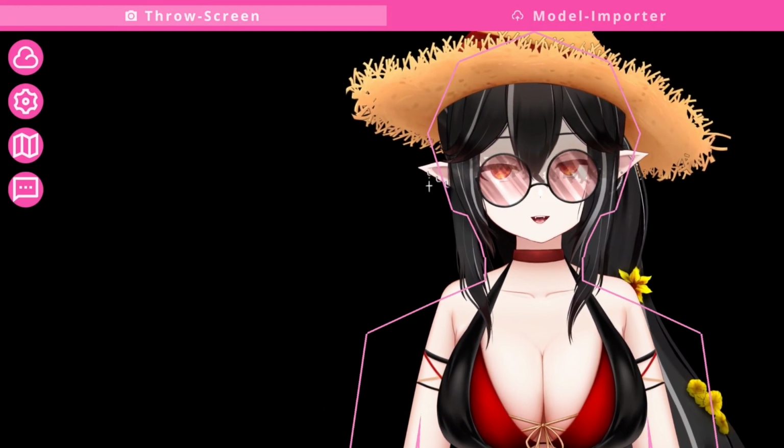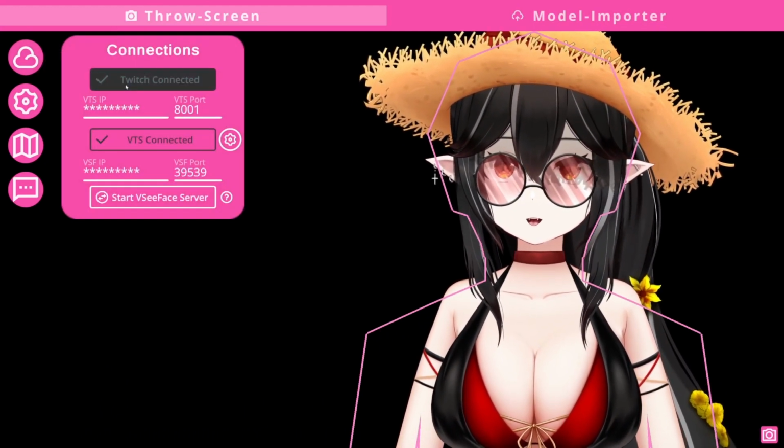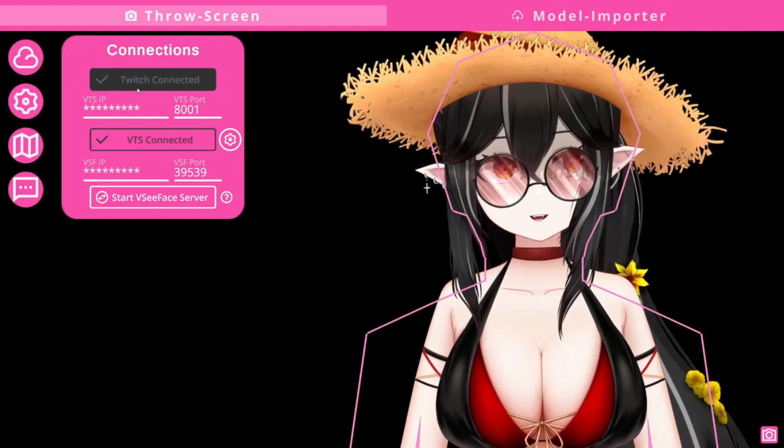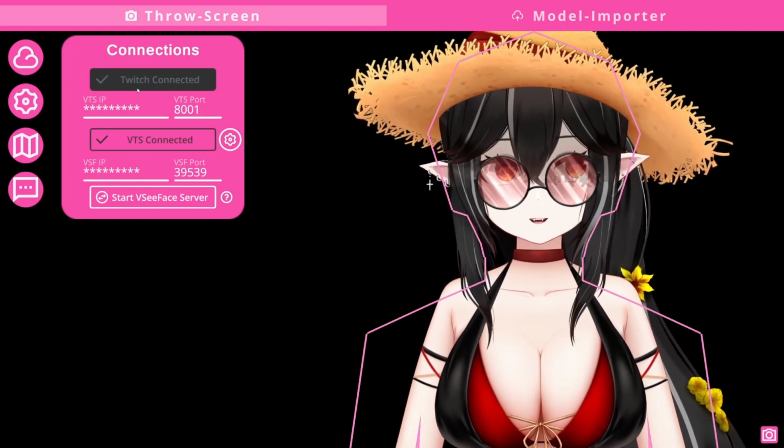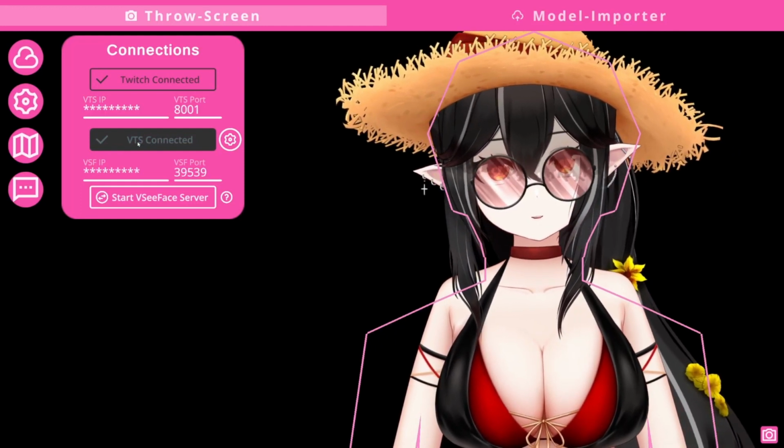Once you're in T.I.T.S, go to the connection menu. It's this cloud button right up here to the top left corner. You're going to want to connect your Twitch, and that's going to bring up a browser to connect it. Then, you're going to want to connect your VTube Studio, but we're going to have to open up VTube Studio